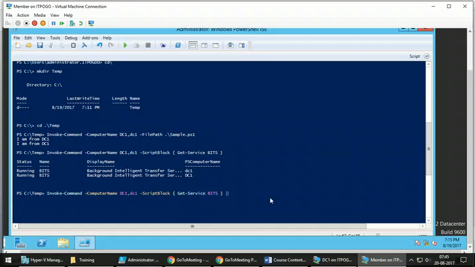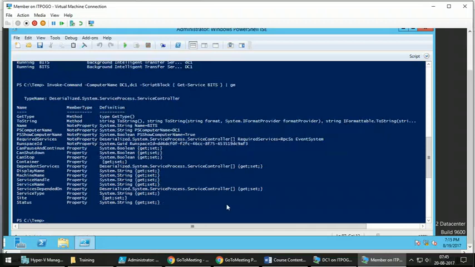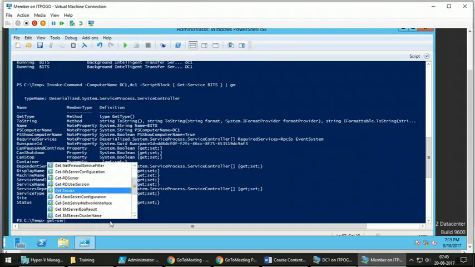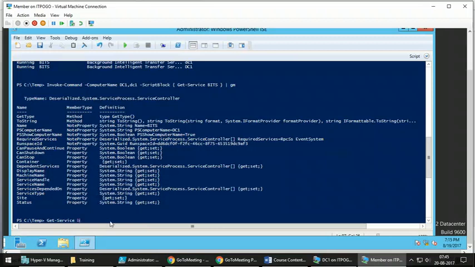To understand that difference, let's pipe the output of this command to Get-Member. And run this command locally: Get-Service bits and pipe it to Get-Member.